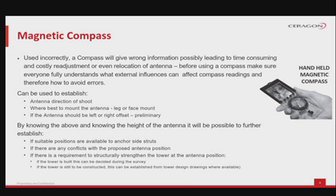By knowing all of the above along with the height of the antenna, we can further establish the following. If we have suitable positions available to anchor the antenna's side strut or side struts. If there is any conflict with our currently proposed antenna position. If there is any need to reinforce or strengthen the tower at the position of the antenna mount. For the latter, the decision can be taken from the site survey if the tower is already built. If the tower is not built, this need can be established from the tower design